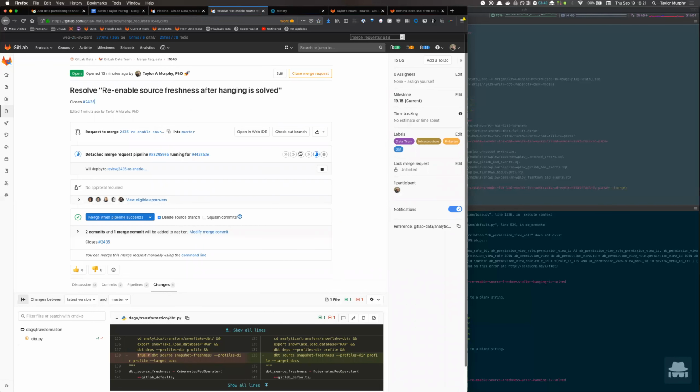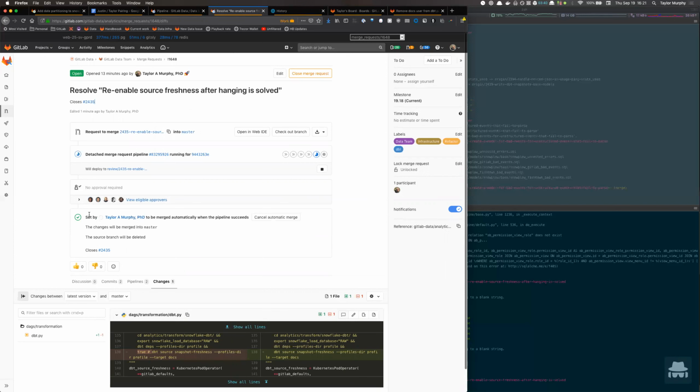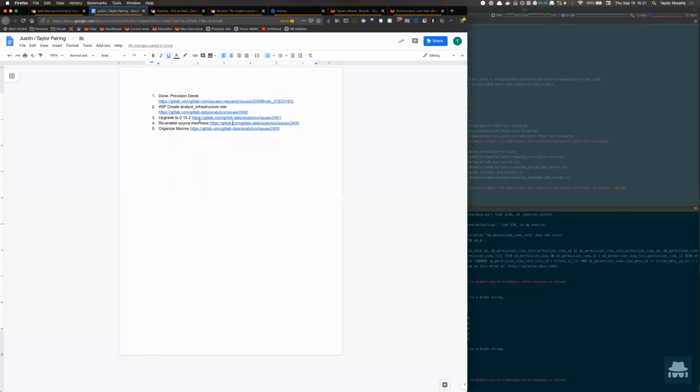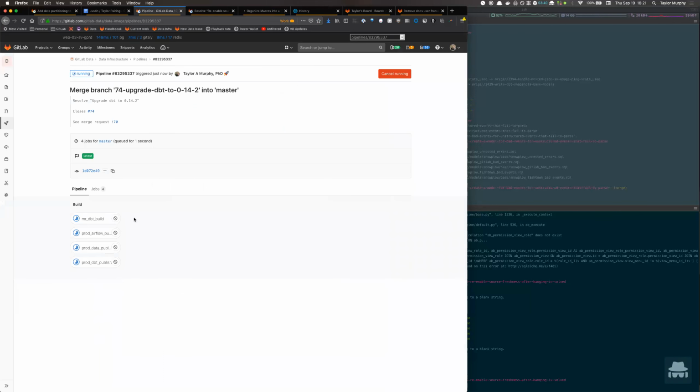Cool. So I'm happy with this. So I'll just set this to merge when pipeline succeeds. You ever see somebody say set to MWPS? That's what that means, merge when pipeline succeeds. Cool. So that's done. So that's going to close that issue. So we've done this. And we've set this to merge when pipeline succeeds. And I don't know if I actually want to do this one yet because it's going to make some conflicts. We'll